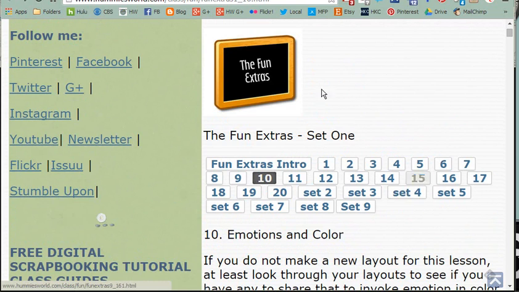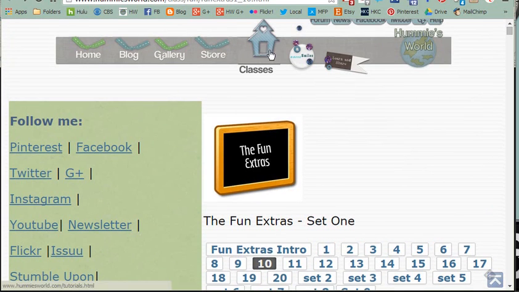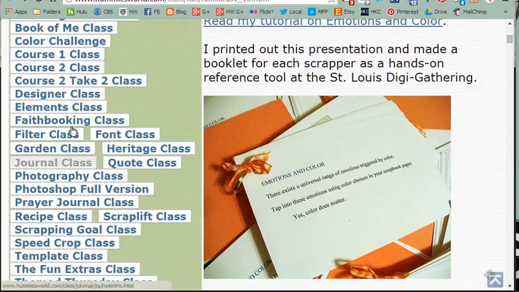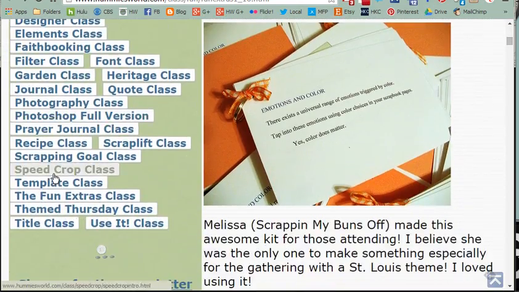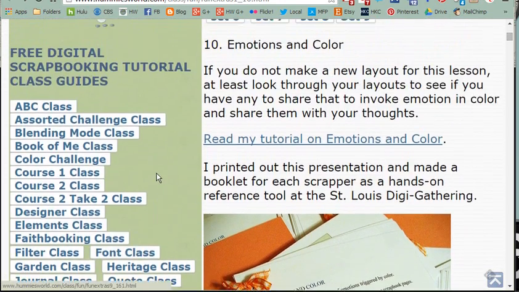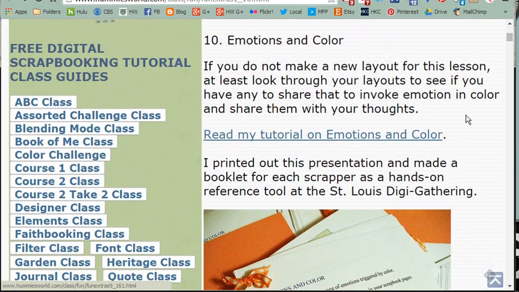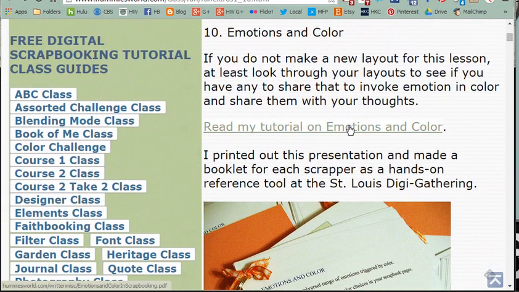And this is at hummiesworld.com, and if you just click on the classes button at the top of the page and look in the sidebar, you're going to see a list of all the classes, and the Fun Extras is right here. That's how you're going to find it. And so you can click right here and read the PDF of this tutorial, which is how people have done it before,